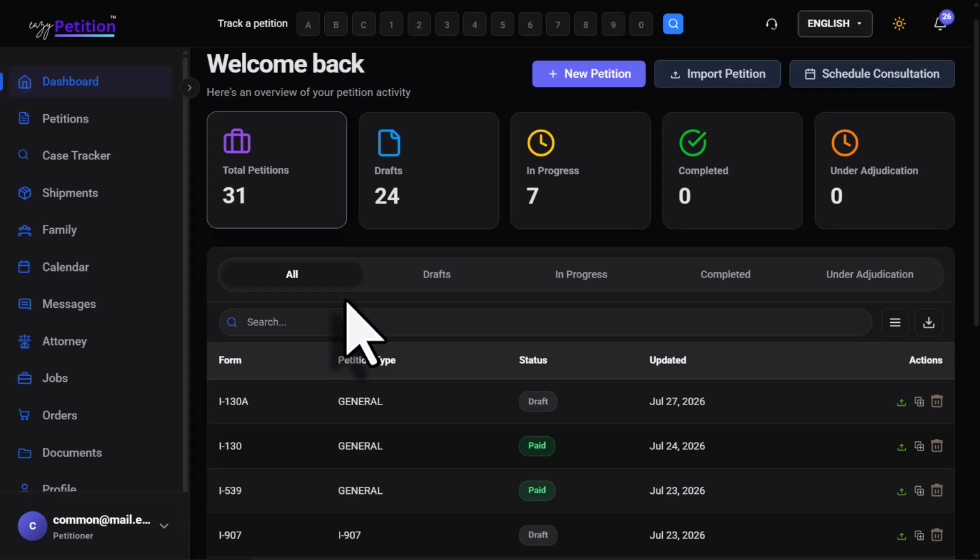Once you have logged in as a petitioner, it will redirect you to the petitioner dashboard. As you can see, there are multiple stat cards present here, such as total petitions, draft petitions, petitions which are in progress, completed petitions, and petitions under adjudication. All of the petitions which have been previously filled with this particular ID are present here in this particular form,